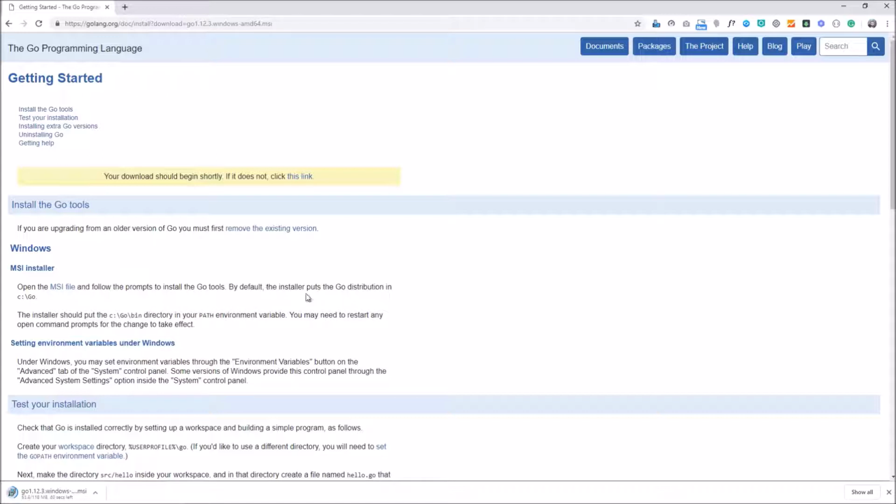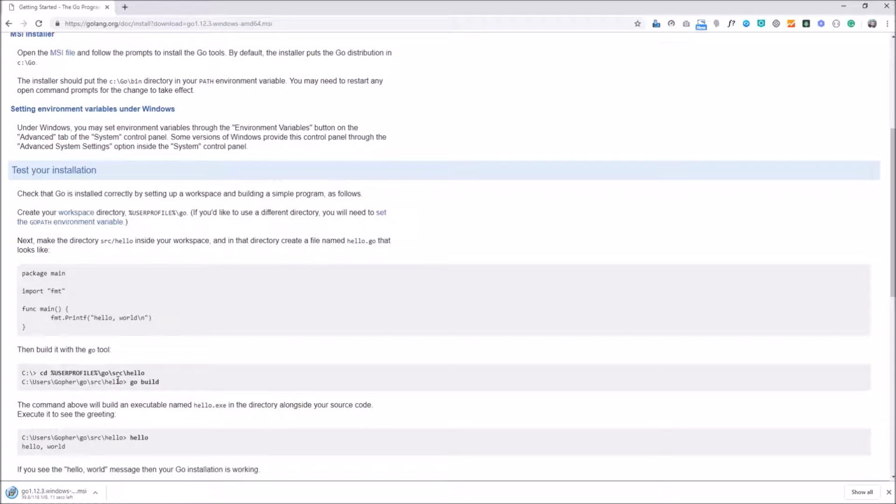By default, the installer puts the Go distribution in the C Go directory, and the installer should put the directory in your path environment variable. Actually, whenever you install or set up any program, you have to set them up in the path environment variables, but Go did it itself if you go with the download installer. So anyway, all we need is to wait a few more seconds, then we would be able to